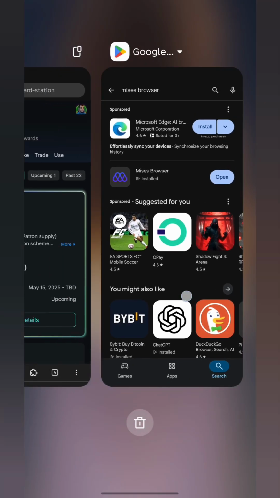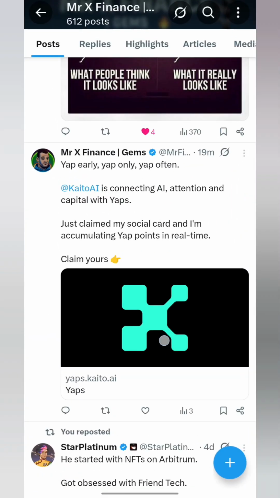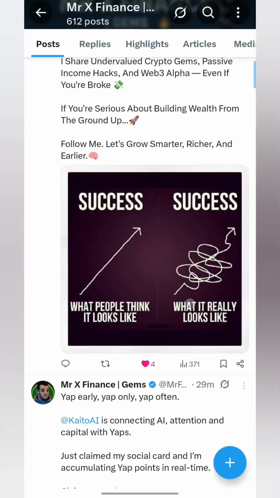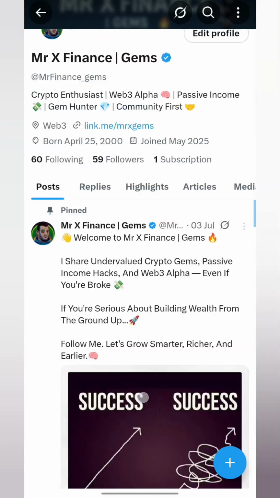So once you already have Miss Browser, you also have to have your Twitter account. If you don't have your Twitter account, you need one. If you have your Twitter account, even if you are not verified yet,